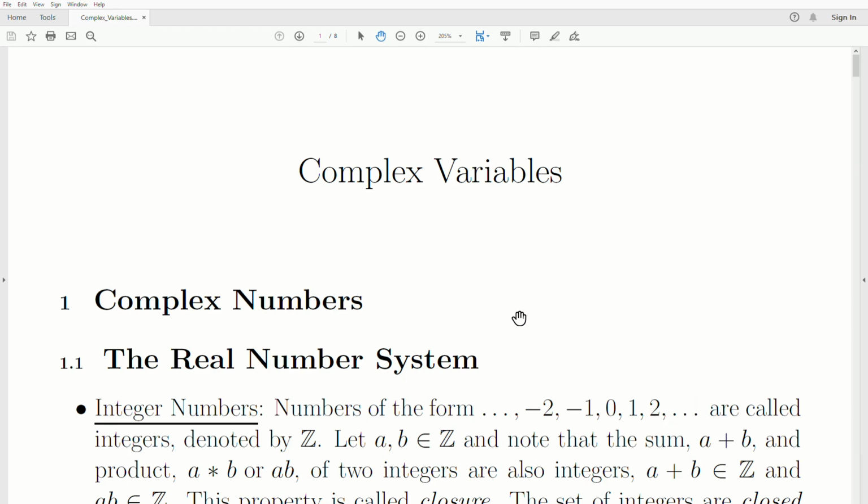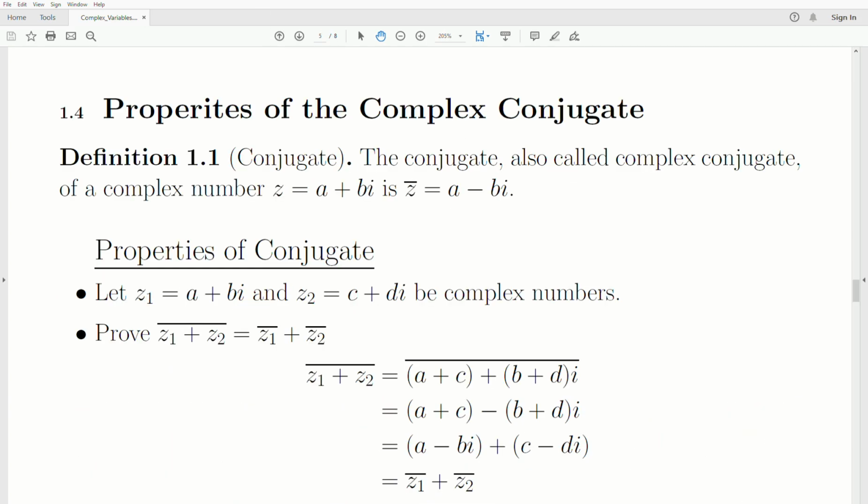Hello, this is the next video in a playlist that I'm calling Complex Variables, and we're in the complex numbers part of this complex variables playlist. Let's jump to today's topic, which is a complex conjugate, and then we'll move into the equation for a circle